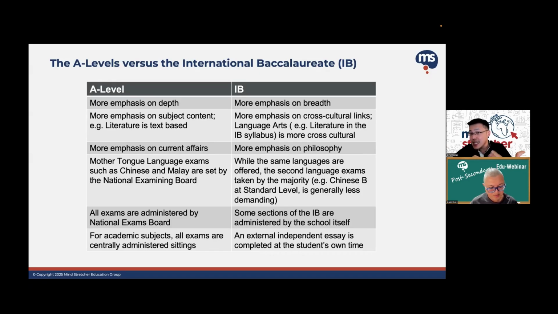So what makes that difference is number one, I think certain things make a difference. The IA makes a difference, right? So the IA that the student can do outside of the exam hall, it makes a difference. And number two, you will see for certain subjects like economics, the A levels focus a lot more on contextual analysis. That means they will ask you things like, if I look at the price of Mao Shan Wang durian, why is it going up? So you must analyze, but in the context of that market.